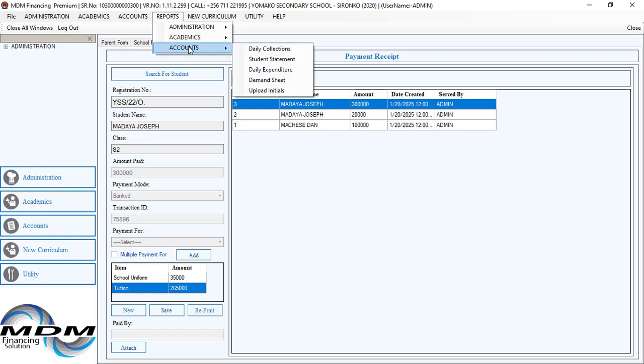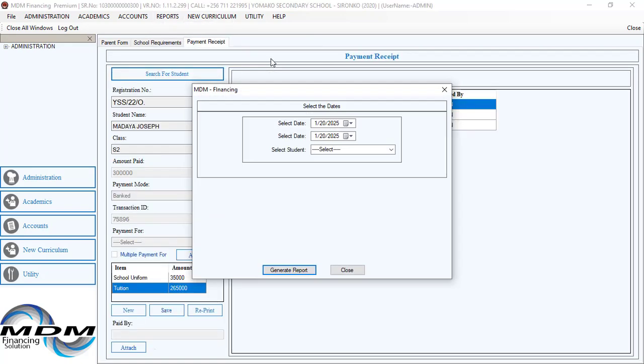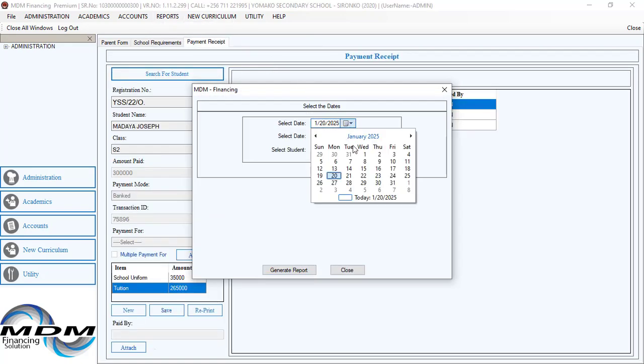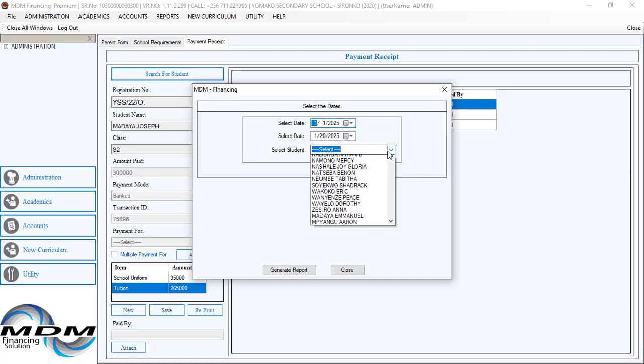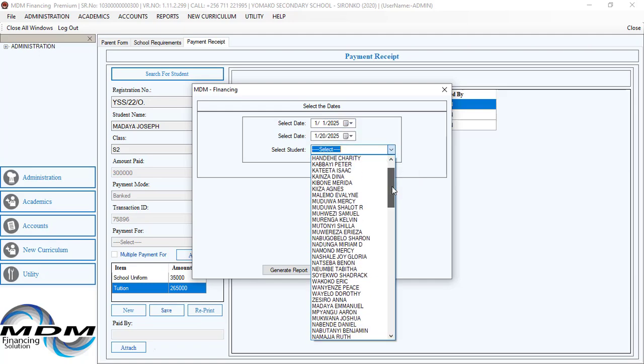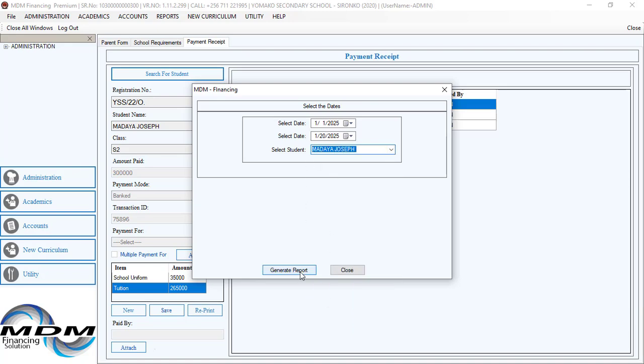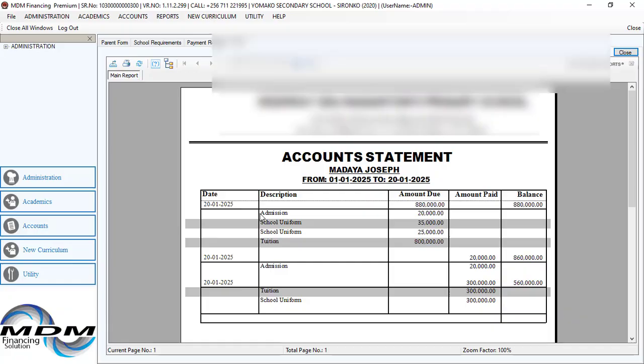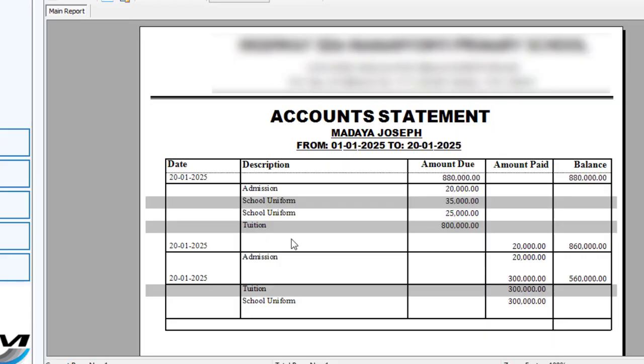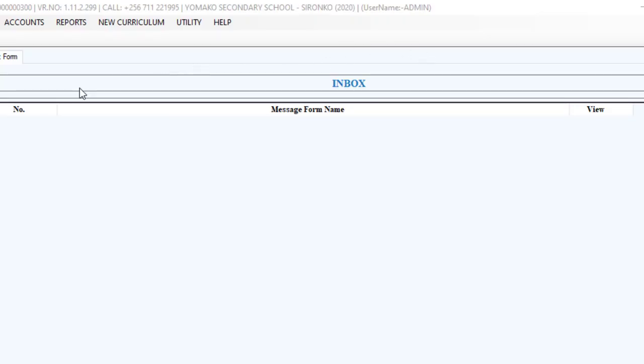So I'll go to reports, then accounts, then I can go to the daily transactions. But first, let's go to the student statement. If I select the date, maybe from first up to now, and I select the student name, and I click generate record. And so it pulls for me the records on how they have paid and what is due and what they were exactly paying for. I'll get back to this later. And so we can go back to reports, accounts,